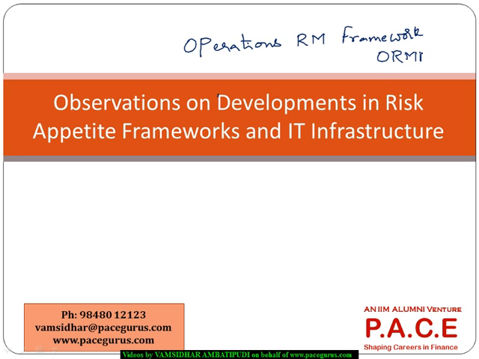So what are the improvements and the developments that are happening across the different kinds of banks as far as the operations risk management framework is concerned, and also how IT infrastructure is really a value addition, or how IT infrastructure needs to be synchronized to achieve better risk management in the banks